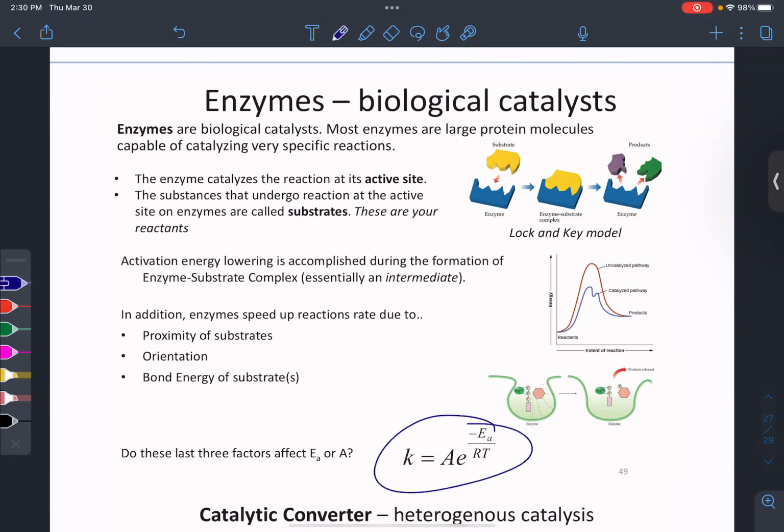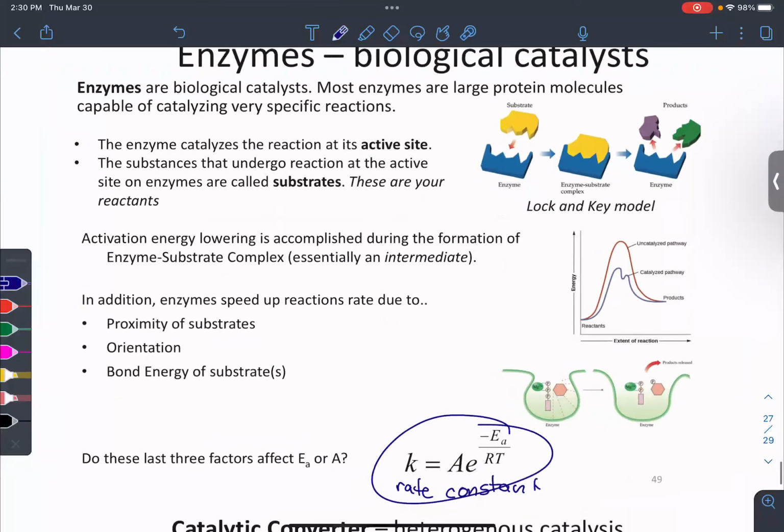If we look at the Arrhenius equation and see how the rate constant changes with different factors, enzymes touch on every single one of these factors, if we remember the definitions of these factors. Biologists use fancy words that are slightly different than chemists. Chemists use words like products and reactants. Biologists use words like substrate.